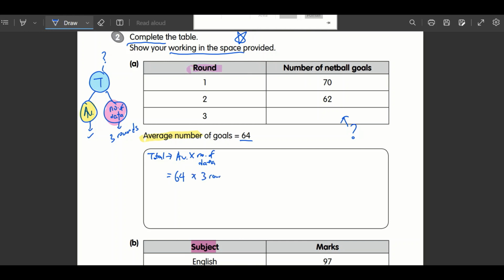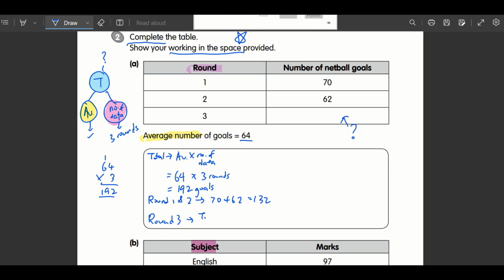That makes a total of 192 goals for all rounds 1, 2, and 3. Now, let's say round 1 and round 2 together, that gives me 70 plus 62, which is 132. So to find round 3,